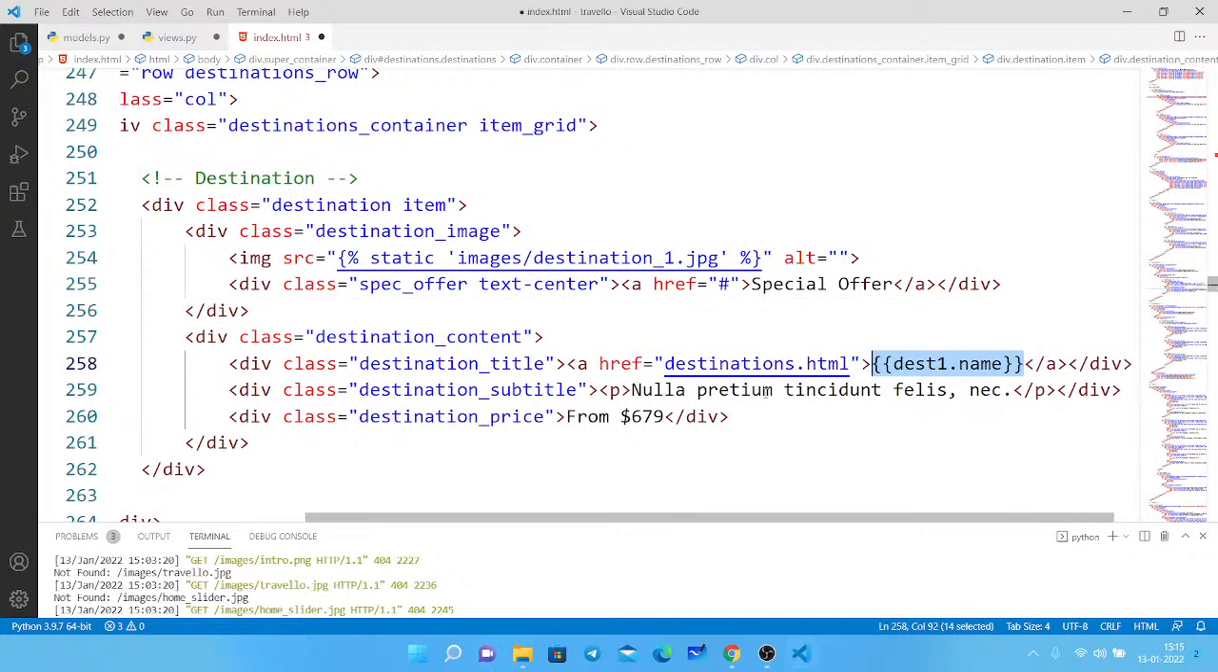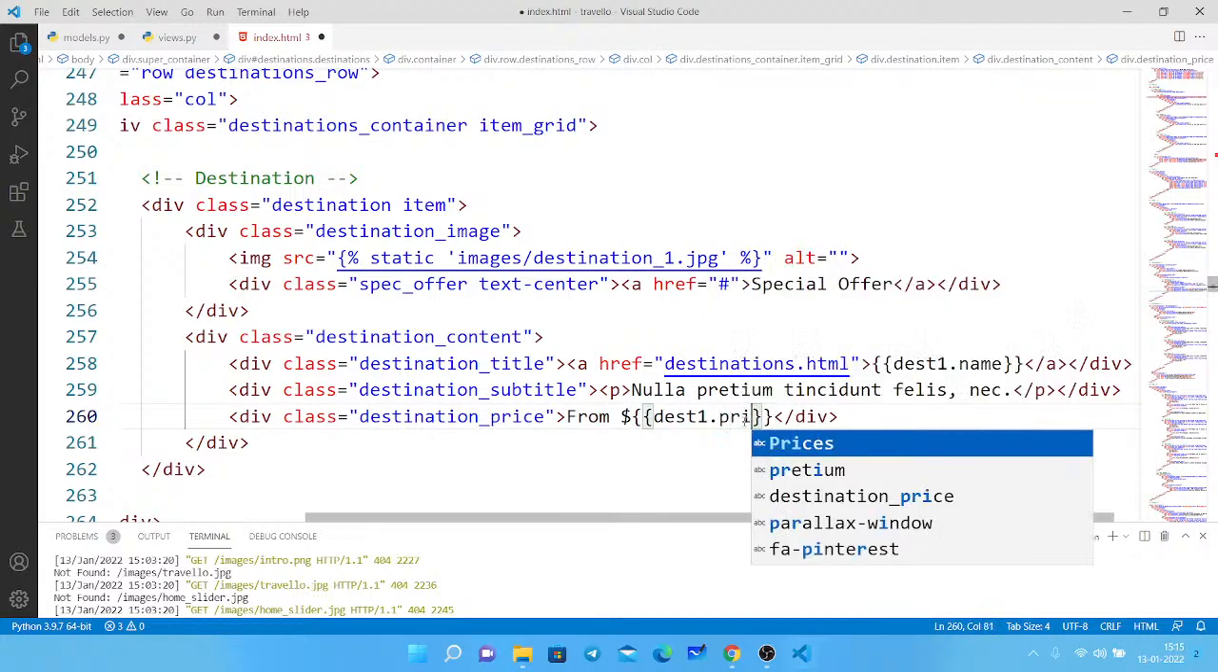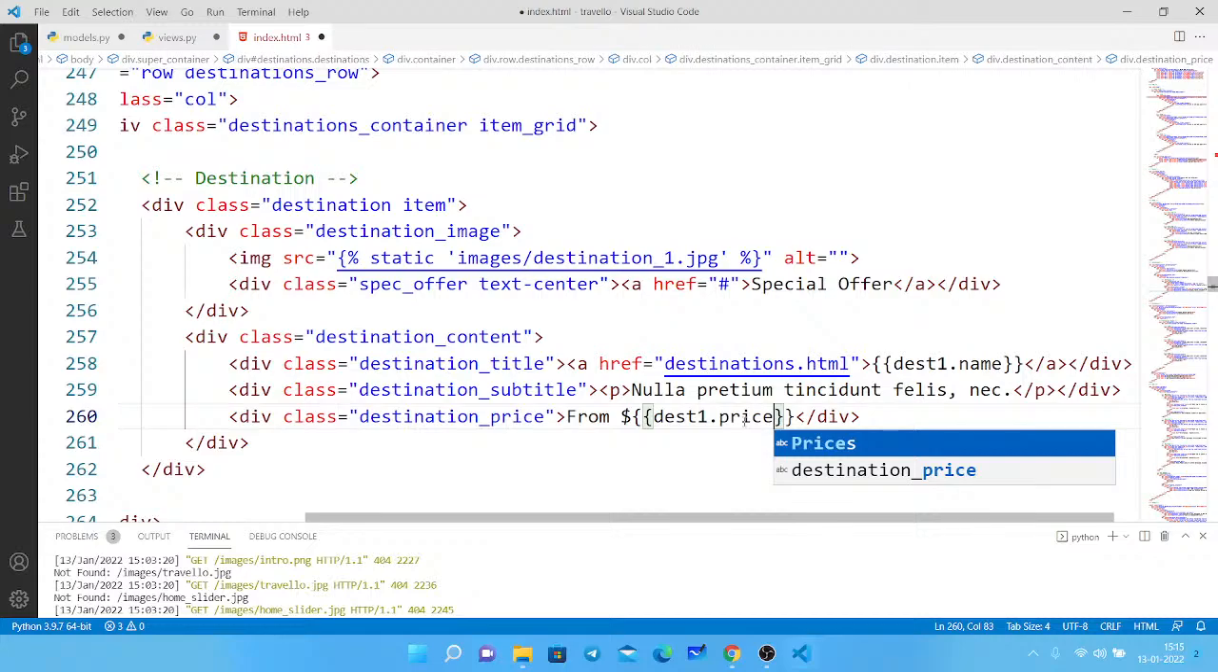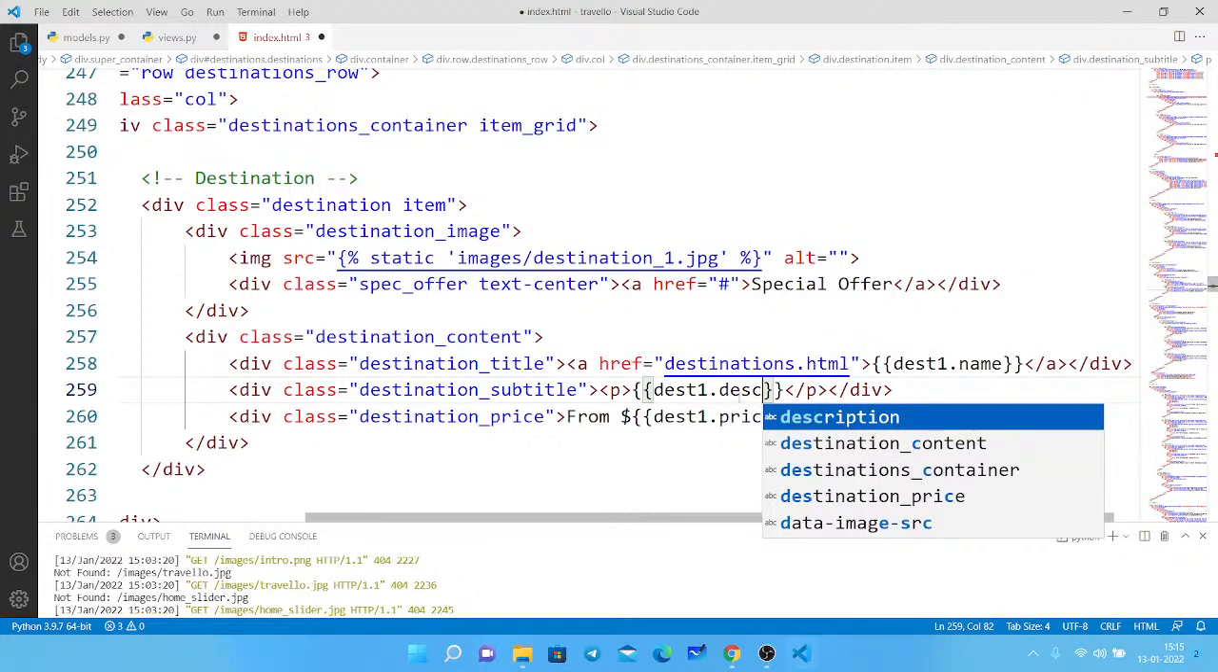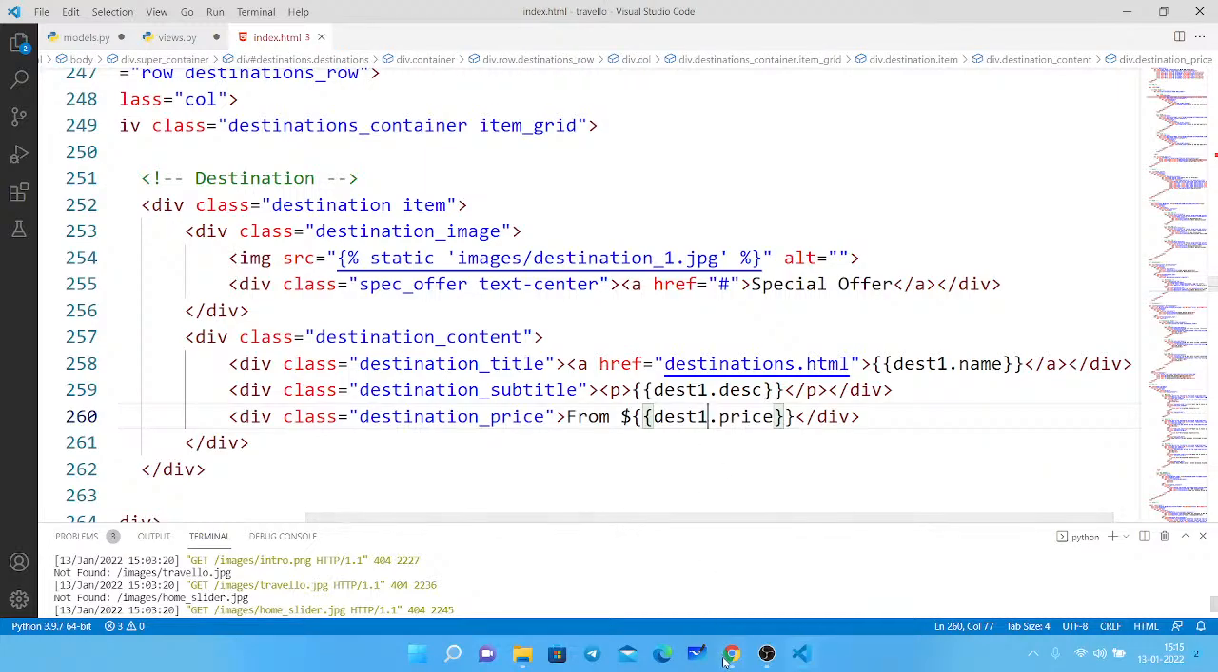Similarly, if I come here to this price, let's keep it as dollar only, or you can make it as rupee if you want. Let me see, where is my rupee sign? Okay, it's not coming right now. Let's keep it as dollar only. And here I'll give it as destination1.price, and this is my description. So here I'll change it to description. Now if I save it and reload my page,